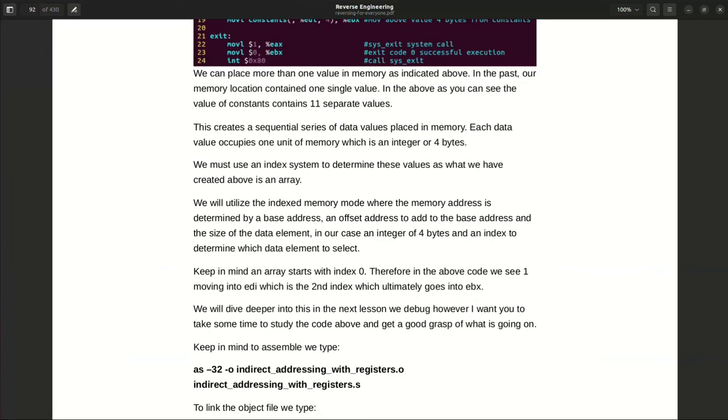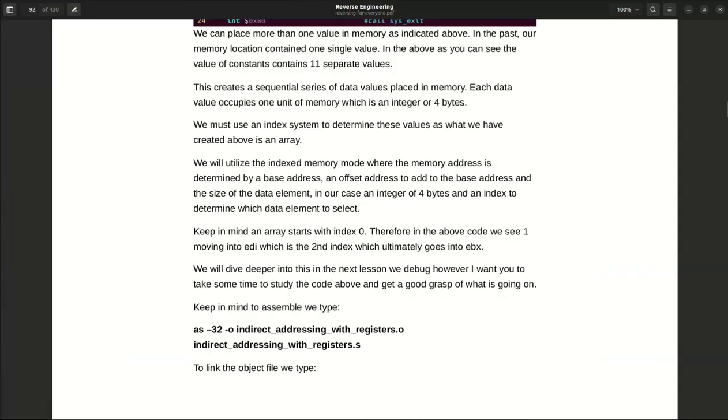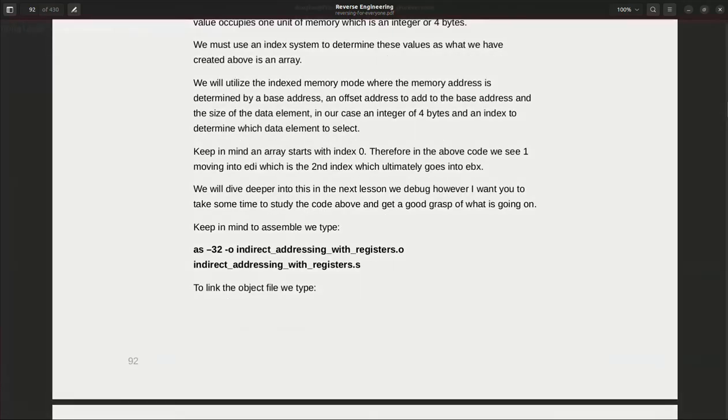Keep in mind, an array starts with index 0. Therefore, in the above code, we see 1 moving into EDI, which is the second index, which ultimately goes into EBX. We will dive deeper into this in the next lesson when we debug. However, I want you to take some time to study the code above and get a good grasp of what is going on. Keep in mind, to assemble, we type